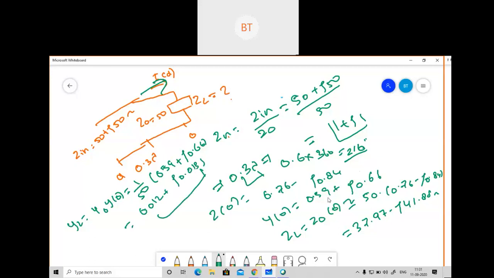So looking at the problem, we multiplied and we divided. Many of you had a problem with why we are multiplying by 50. In the Smith chart class itself, I told you that we needed to multiply by Z naught. Some people had a problem with whether we needed to multiply by this value or this value. I have shown you in the Smith chart: when we were solving that problem, for ZL you have to multiply by this value, and for the admittance you just needed to divide by 1 by 50. So you will get the correct answer. So this is the correct answer.